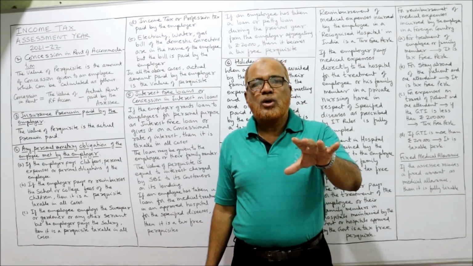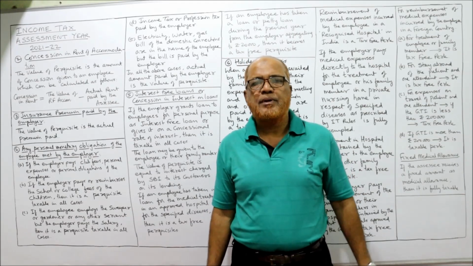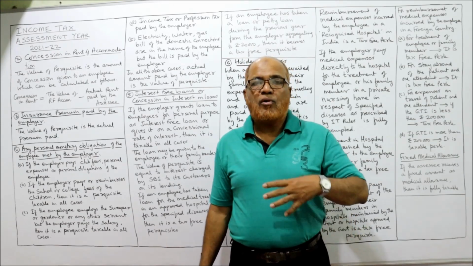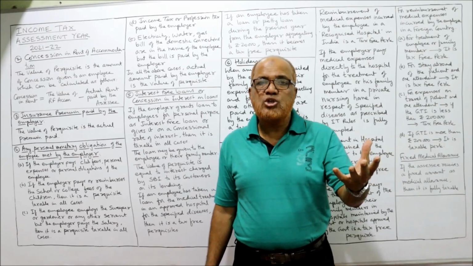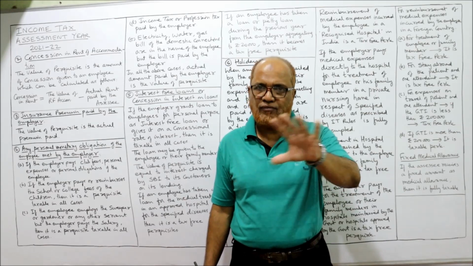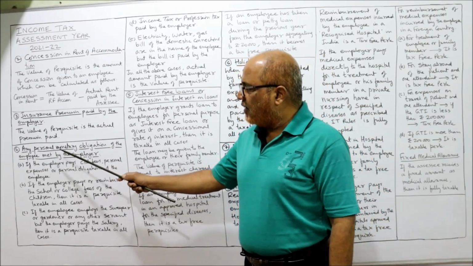Next, insurance premium paid by the employer. Sometimes an insurance policy is taken by the employee in his name, but the employer is paying the premium. Whatever premium the employer paid is a taxable perquisite in the hands of all employees. Fourth one,